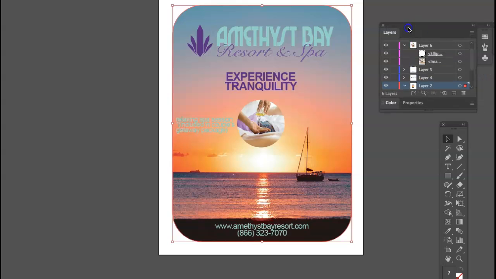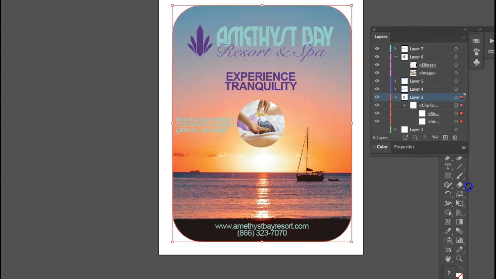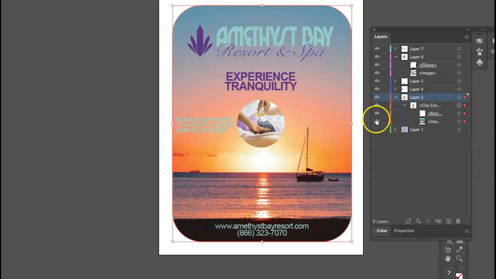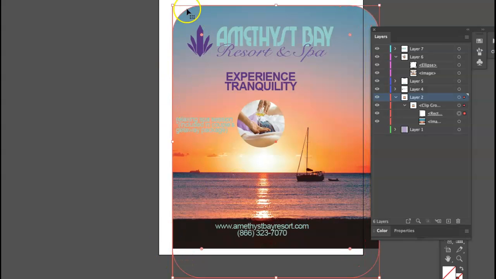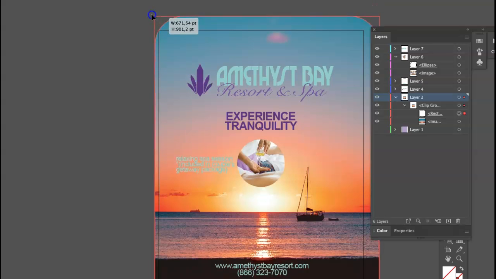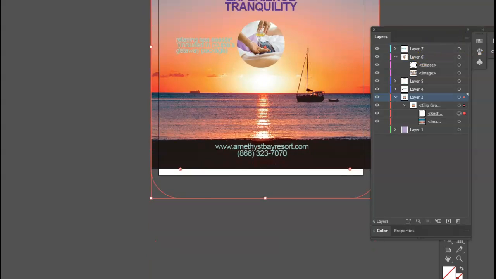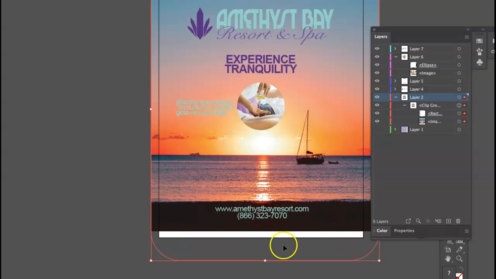Sal, I opened up your file in Illustrator, and it looks great. Your file structure is easy to get around. It's clear. I don't think I'll have any problems animating this, and I can turn things on or off at will. What I was going to suggest is that instead of having a border around this image, perhaps you bleed it off the entire page, and that gives you a rough idea what that might look like. I mean, it is a nice image. You spent some time color correcting it, and I would suggest also maybe bleeding off the